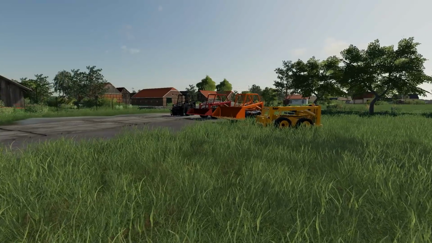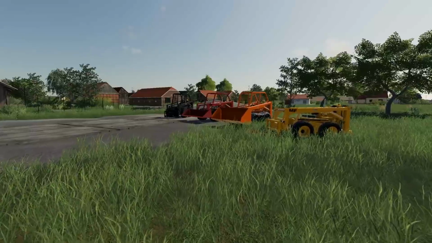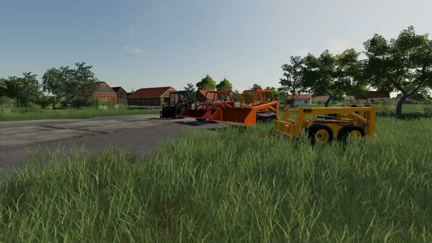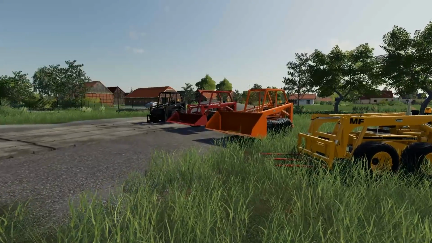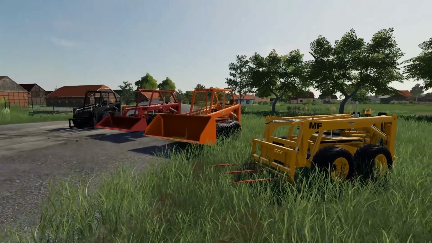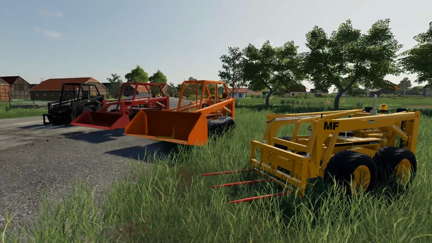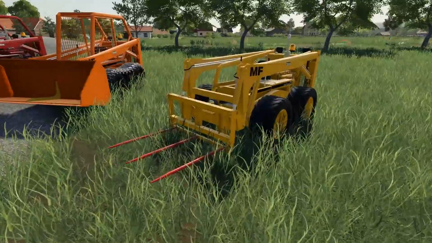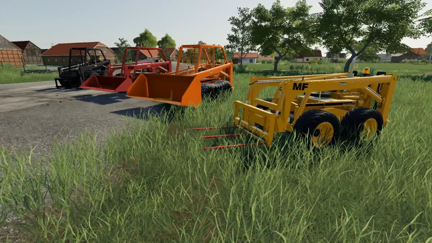Alright guys, so we're going to start with what everyone wants to talk about today, and that is the Skidsteer Loader 711 pack by Black Sheep Modding. Yeah, this has been pretty popular today. This is a pretty good looking pack actually. Now let me get the specs out of the way here. So the base price for this, which basically is this one right here, is $25,000. If you get all the options, which we'll go over, it will go up to